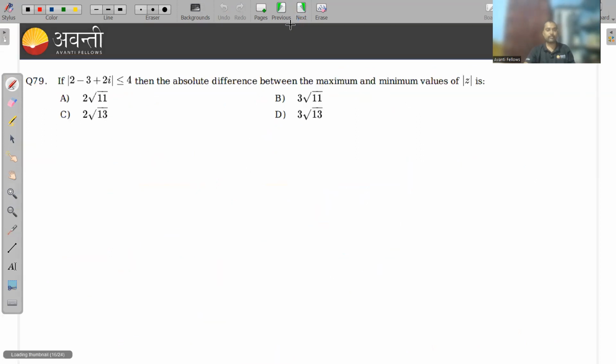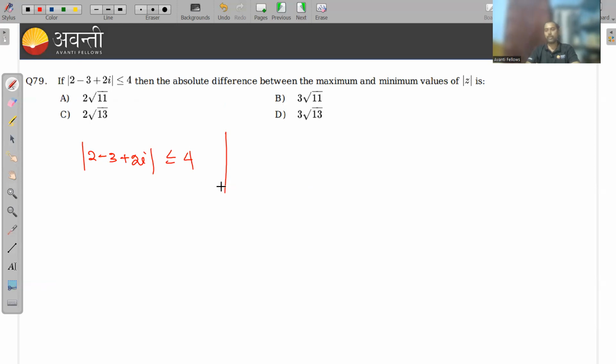Let's move to the next question. What is the next question? If mod of z minus 3 plus 2i is less than or equal to 4, then the absolute difference between the maximum and minimum value of mod z। अच्छा, मुझे ये